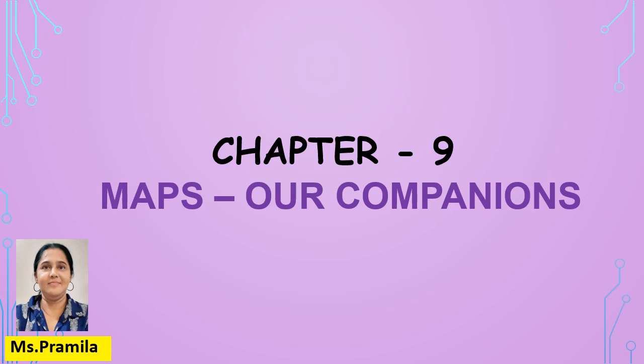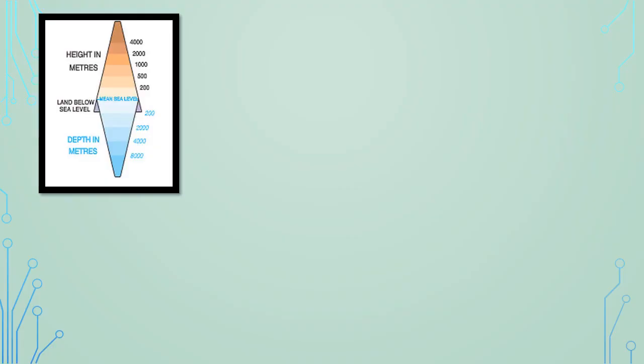Did you understand and complete the EVS1 assignment on different views of 3D objects? Today let us learn how 3D objects like landforms are represented on a map or paper. So let us begin. We know that different landforms are formed as the land is not even in all places. The height of any landform is measured from sea level, that is from the ground level on the earth.